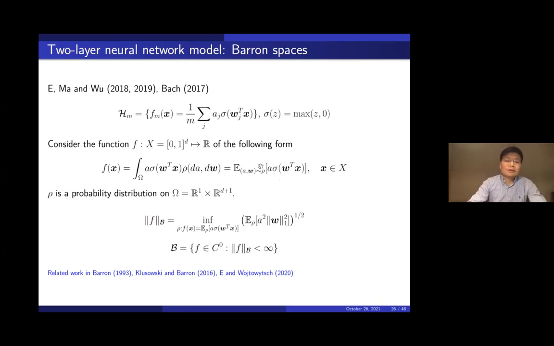So we're going to consider functions of this kind only, and associated with them, we can define a norm, not necessarily a norm, but let's call it a norm anyway, which is some sort of expectation. You need to take an infimum here because the rho is not unique. So we take the infimum over all such rho. The functions for which this quantity is finite, we call Barron functions,